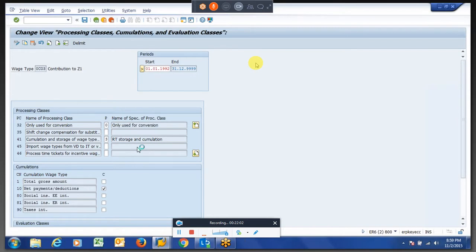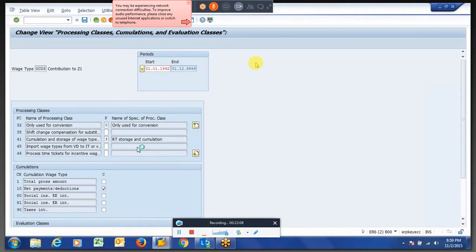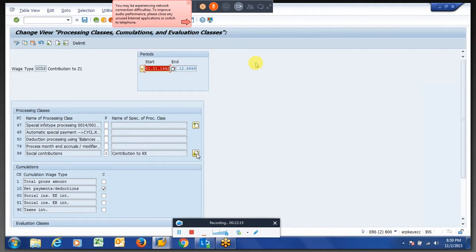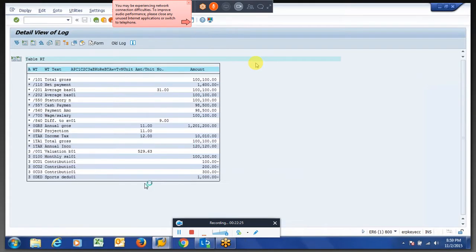Here I blindly created the specifications. Even if you run the payroll, there won't be any difference because we didn't write any PCR for processing class 99. These are the prerequisites we have to do before creating a PCR.